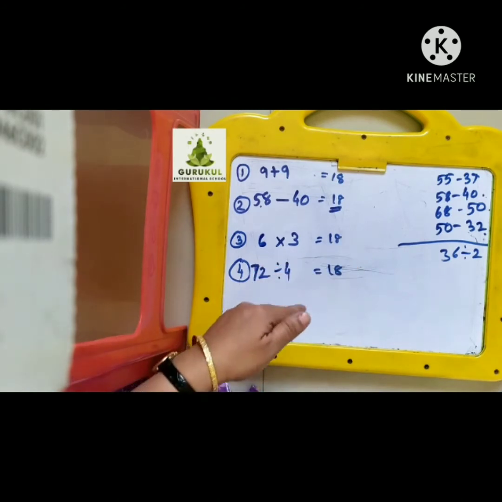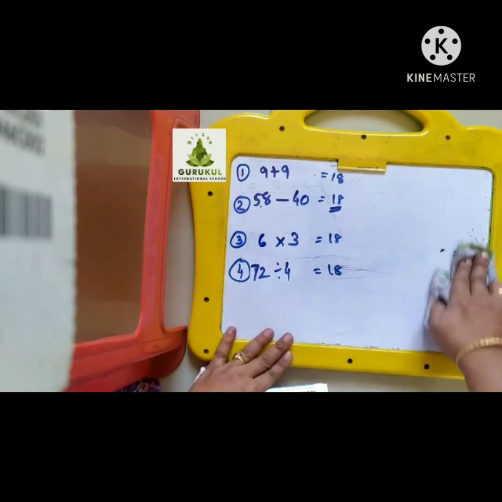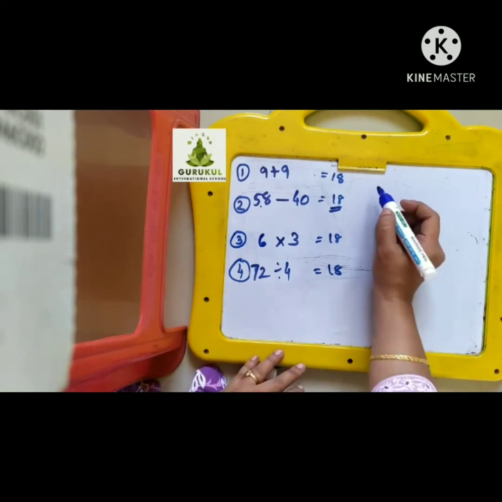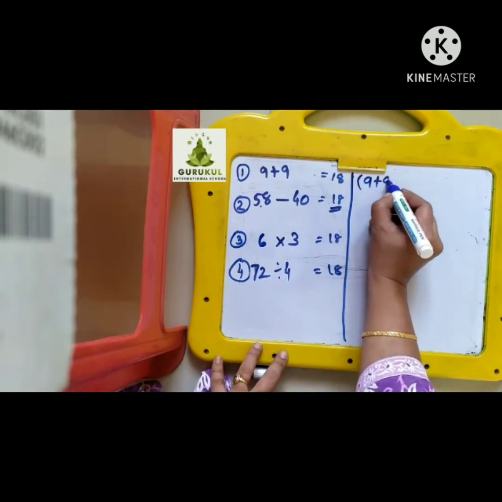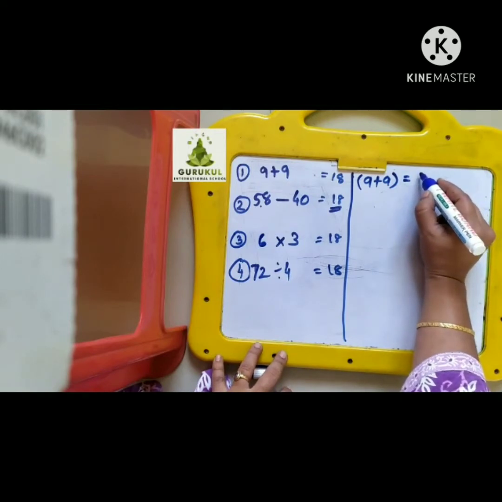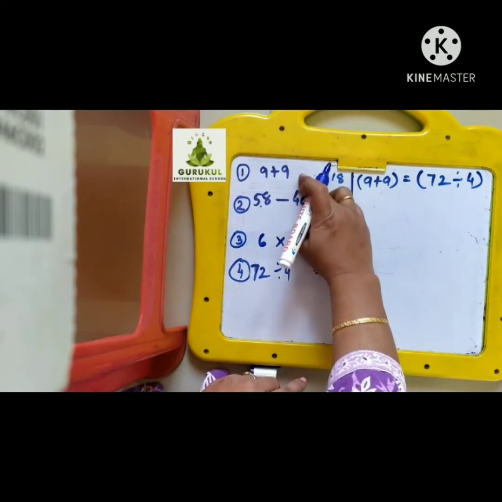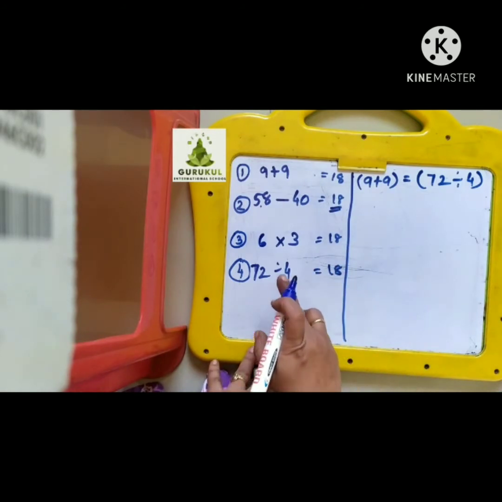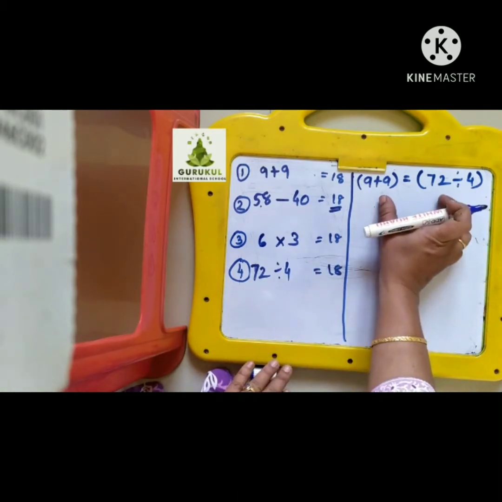So in this way you can choose any of your pairs of the numbers. Now this is the first step, that is choosing the different numbers. Now secondly, they are saying to show them in the expression for 4 different expressions. Now see, I say my first expression, for example, 9 plus 9 is equal to 72 divided by 4. See what we are doing in the second step: whatever numbers we have chosen for our answer 18 for the different operations as addition, subtraction, multiplication, division, we just frame them in the form of equality.